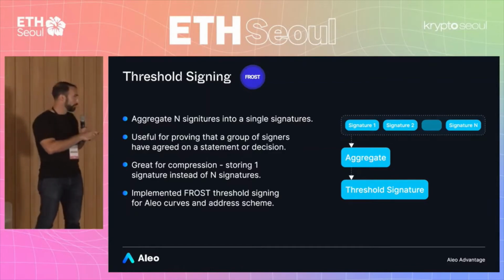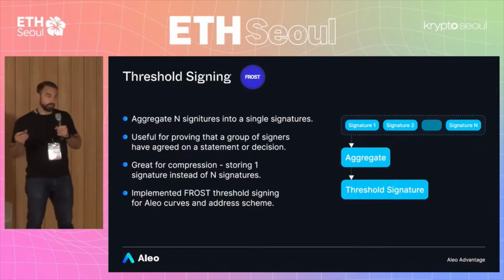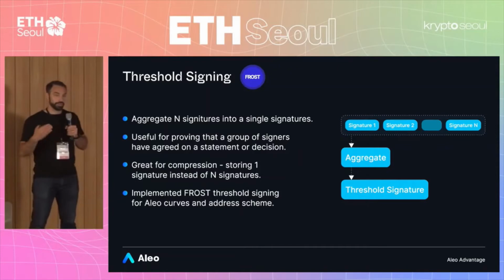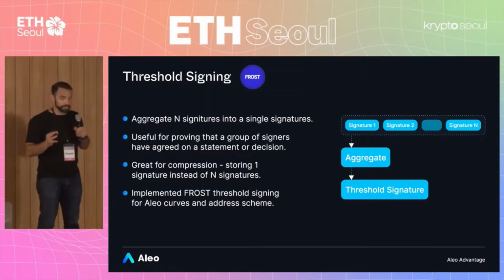One of the things that we have implemented, which I think we're the first team to implement, are FROST signatures for our consensus algorithm, and this is what validators use in the process of consensus to sign or validate blocks. But users or developers can also take advantage of this paradigm, and FROST is basically a threshold signature scheme using Schnorr signatures, which recently got integrated or is being integrated into Bitcoin.